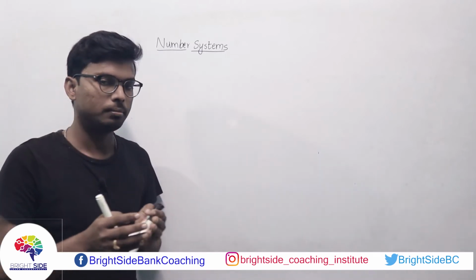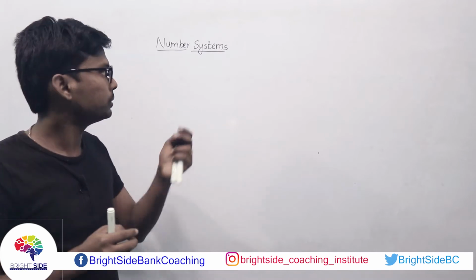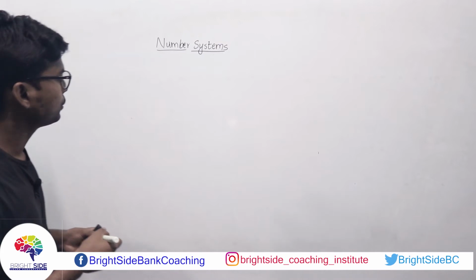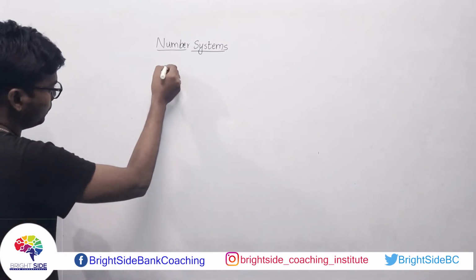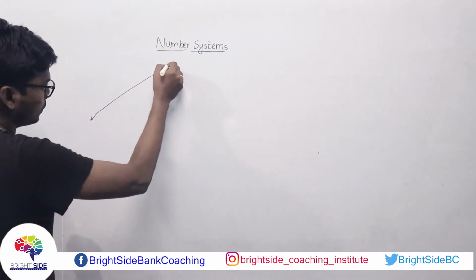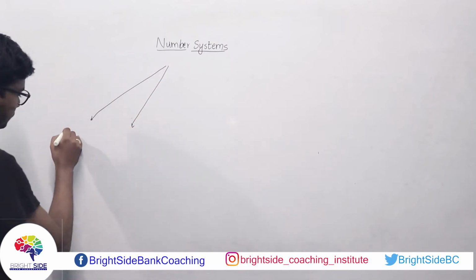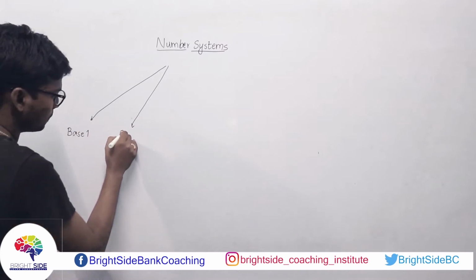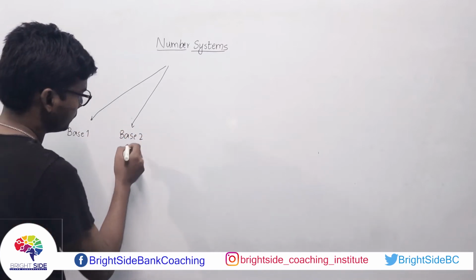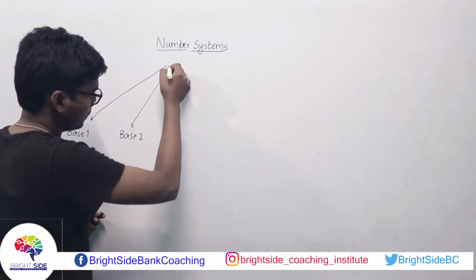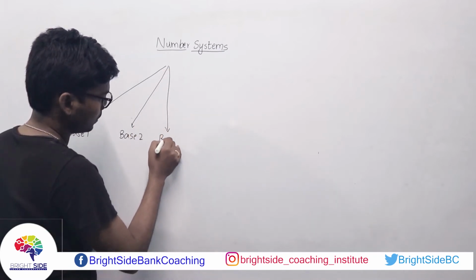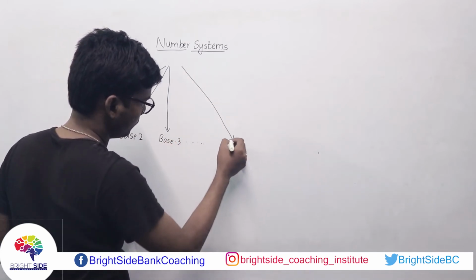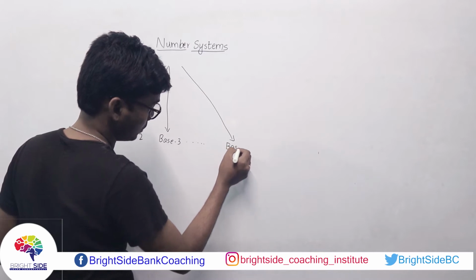Actually, the number system is used for counting. Okay, number system will contain the symbols which are used for counting. Okay, so there are different types of number systems. Base 1 number system, base 2 number system, base 3, likewise. Okay, so we will be having base 8,